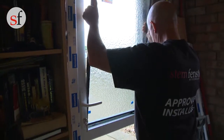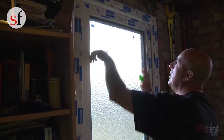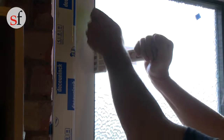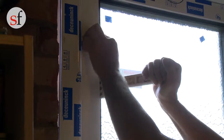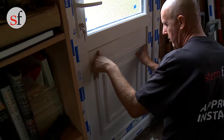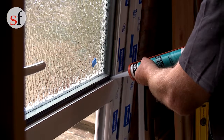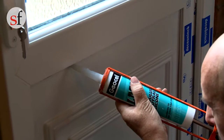Now install the glass against the bridging packers. You'll notice that there is a gap between the edge of the glass and the bridging packers. You will need to push glazing packers in these gaps, ensuring that the unit remains square and parallel in the aperture until it is firmly held in position. Once you're happy with the position of the unit and the packers, use silicone to secure the packers in place